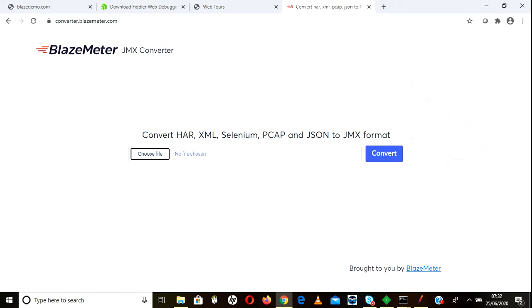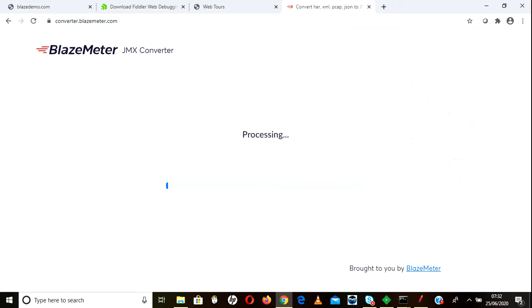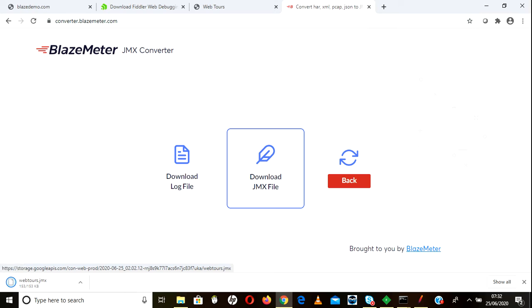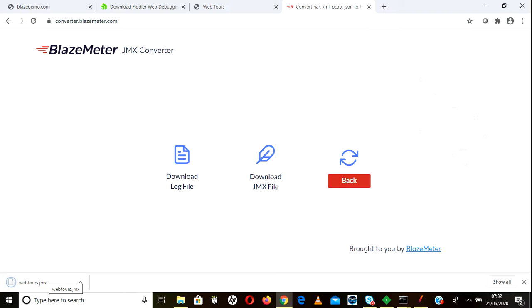Open and click on convert. Now it is processing. It will take some time to process everything. Now download the JMX file. Again it is downloaded under downloads.